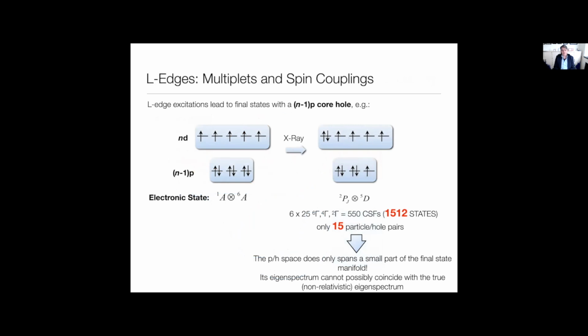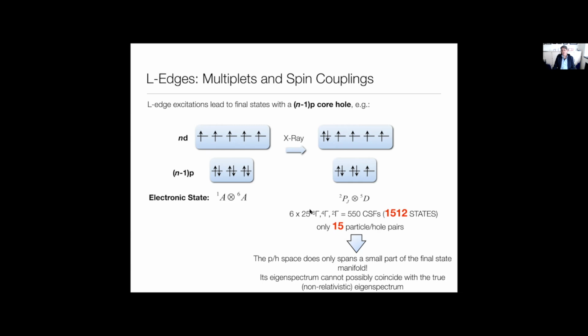And now here is one of these cases where I want to make a strong point between multiplets, states, and orbitals. Now let's look at a specific example of the high-spin d5 configuration. And here we have then the 2p shell or the 3p shell. For that argument it doesn't matter. And then we do that excitation into 2p5 3d6.